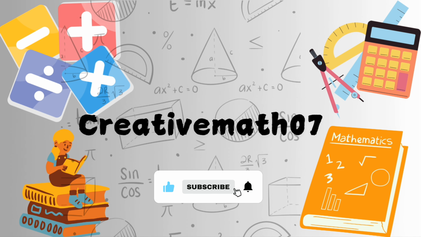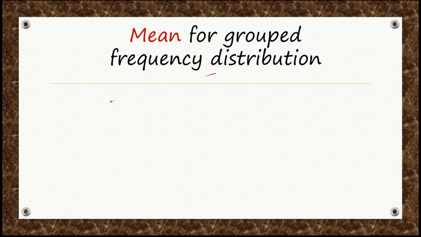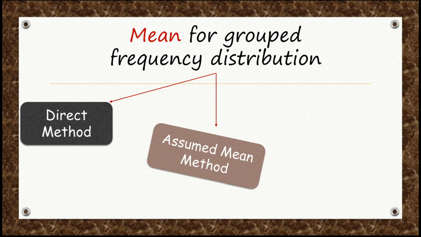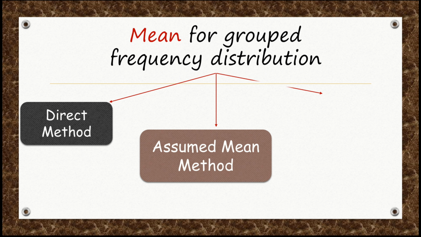Welcome back to Creative Math 07. In my previous video, we learned how to find the mean using the direct method. If you haven't watched it yet, be sure to check it out. Today, in this video, we will be exploring how to find the mean using the assumed mean method. Let's get started. But before we jump into solving problems, let's first go through what the assumed mean method is